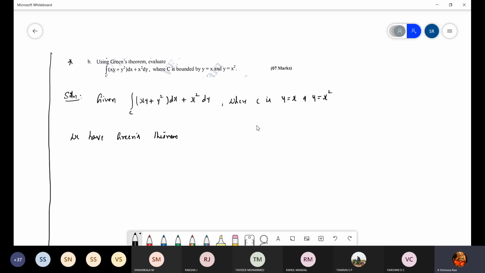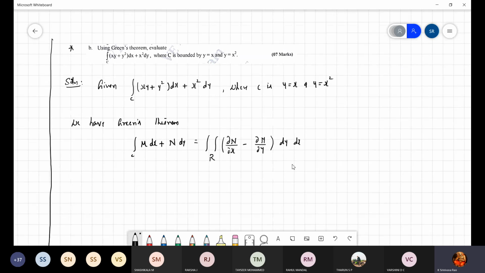We have Green's theorem. The line integral over c of m dx plus n dy equals the double integral over r, that is what we call the surface integral, of dou n by dou x minus dou m by dou y dy dx. Always write it like this only, dy dx only. Now, given this,